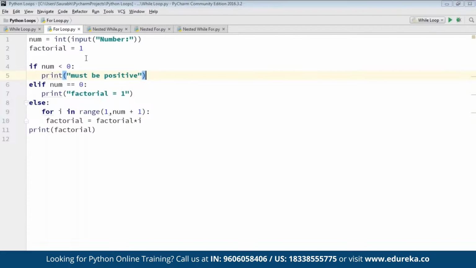So this is the code to find the factorial of a number. Over here, first I need to input the number that I want to calculate the factorial of. After that I've defined a variable factorial and initialized it to 1. Now I have defined a condition: if the number that I've entered is less than 0, then print the number must be positive, because I can't calculate the factorial for negative numbers, right? And one more condition says that if number is equal to 0, then factorial is equal to 1. And then the else condition says that when number is greater than 0, then I've used a for